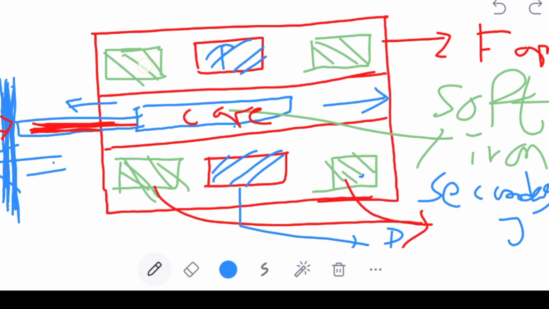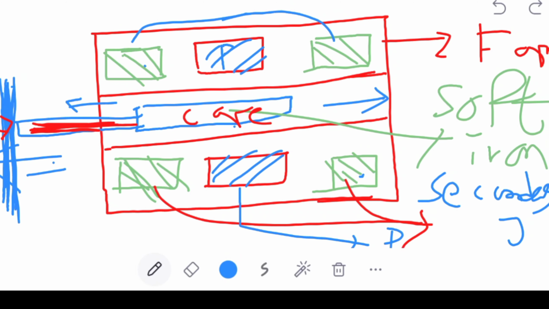The basic construction of the LVDT will be like this. The two secondary windings have an equal number of turns and are identically placed, one on either side of the primary winding. Between the two secondary windings there is a primary winding, and the primary winding is connected to an alternating current source.